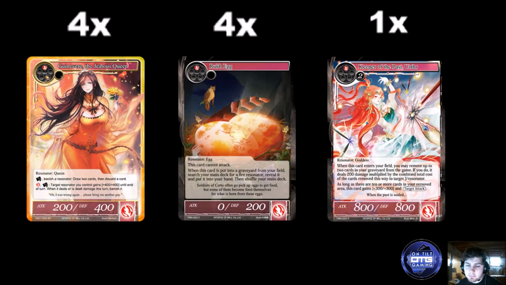Even if you're playing against the aggro version of the deck, they tend to give their resonators flying. Guinevere obviously still very good. Earther was very good because we were running the Skyscraper Giant. It's very easy for Earther to deal a mass amount of damage, and one of the ways that you win